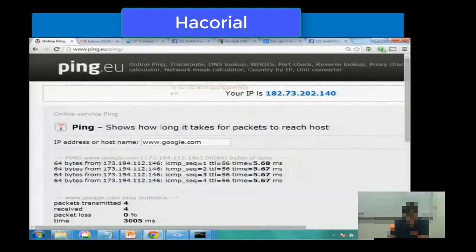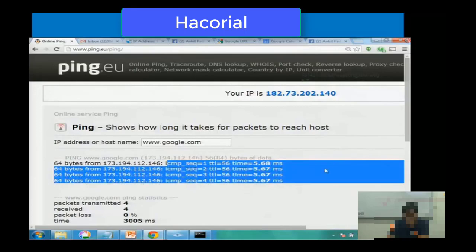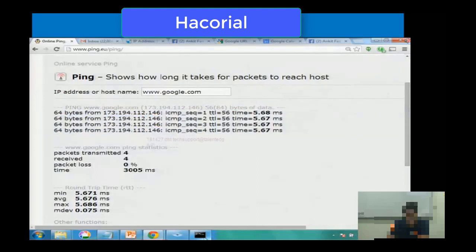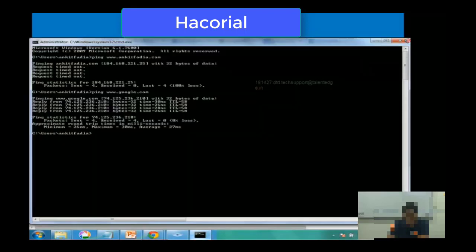It says, okay, ping google.com and this IP address, and I got a response from google.com all 4 times. Now if you notice, the IP address here of google.com is 173.194.112.146. But here in MS-DOS, the IP address of google.com is 74.125.236.210. So why is the IP address different when you ping it from MS-DOS and when you ping